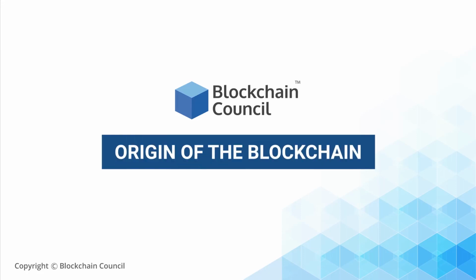Hello everyone. Welcome to the first module, which is Origin of Blockchain. In this module, we will discuss various events that led to the development of the Bitcoin and blockchain technology. For this particular session, we will first understand why there is a need for trust between electronic systems, how it is achieved, and after that, we will compare the different architectural styles of a network in a system.